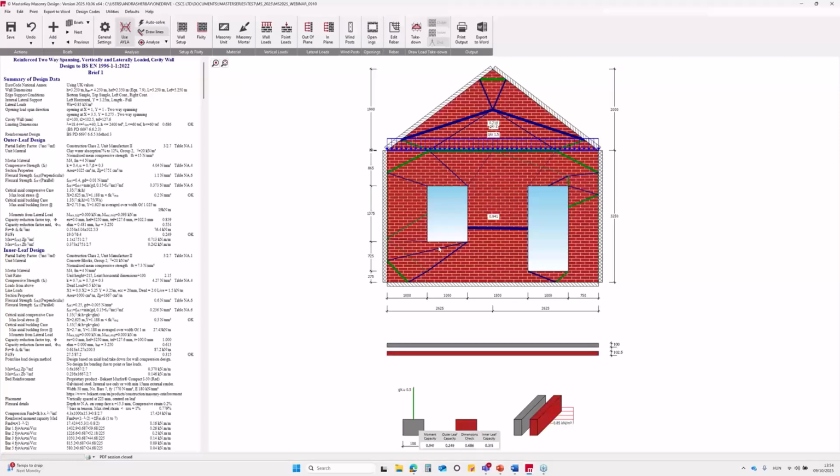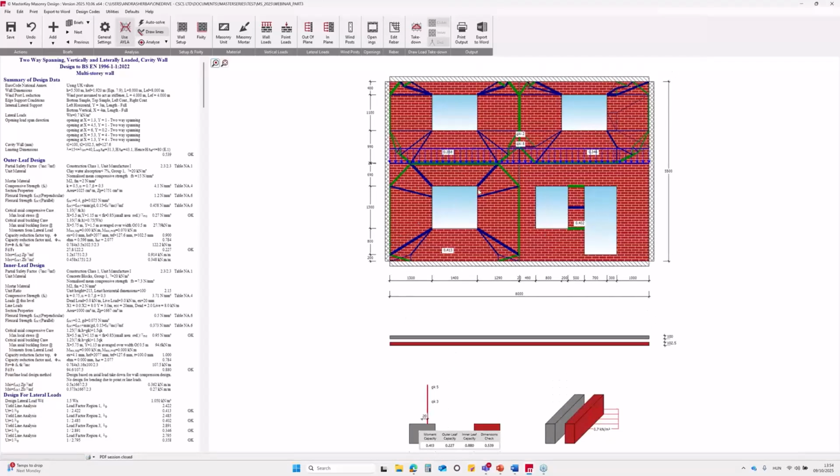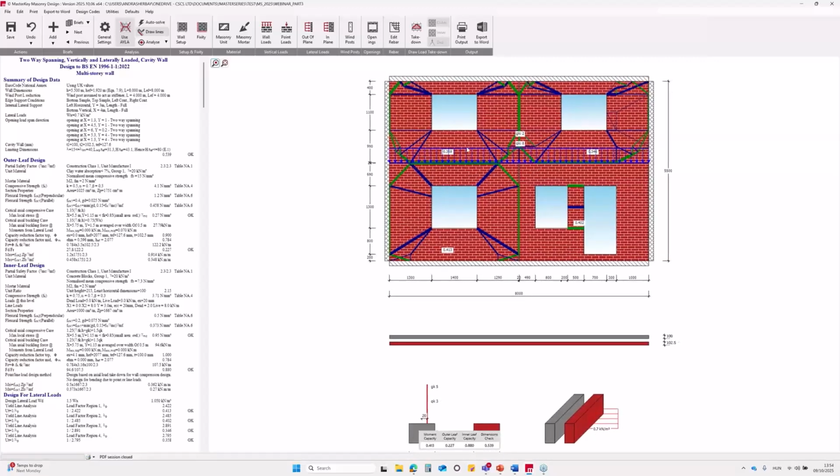In the next part of the demonstration, I would like to quickly review a few additional wall shapes and structural types that can now be handled in MasterSeries. First, let's look at a multi-story wall. In this example, we have